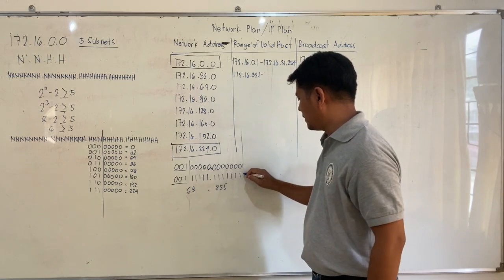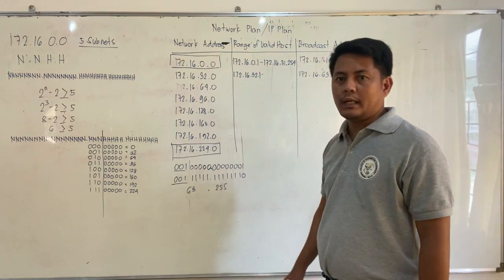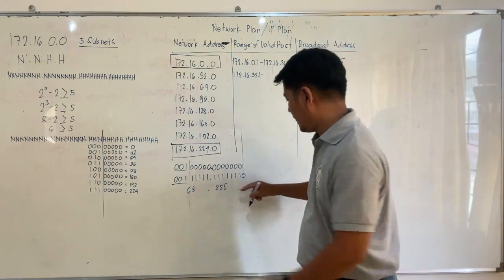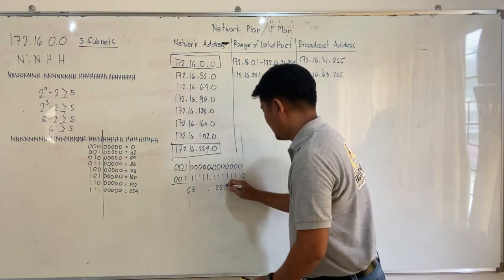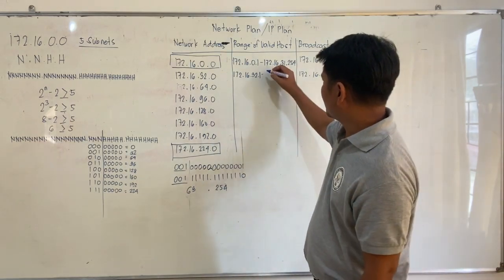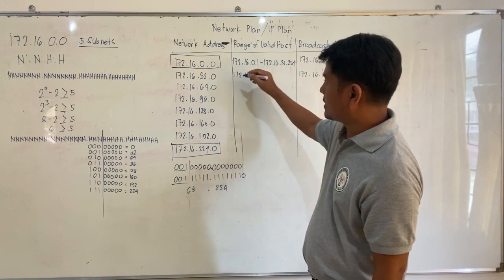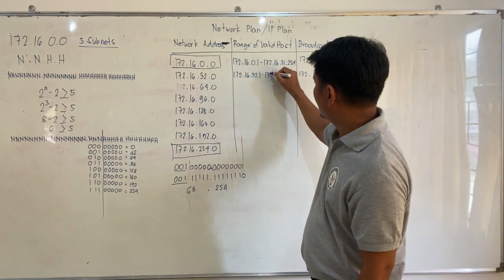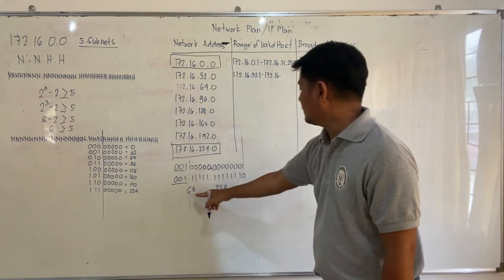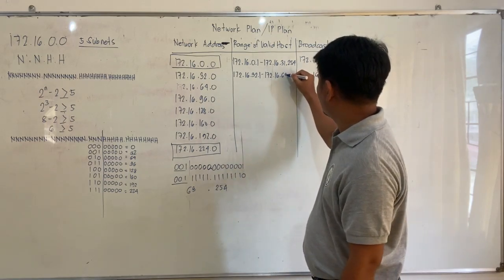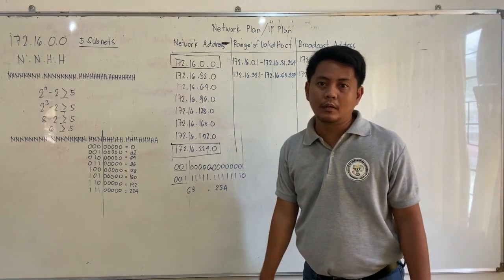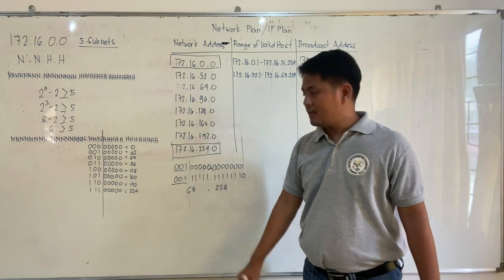we turn the last bit into 0 and convert it into decimal. So this is 254. Right? So our last valid host for this network address will be 172.16.63.254. Okay, so